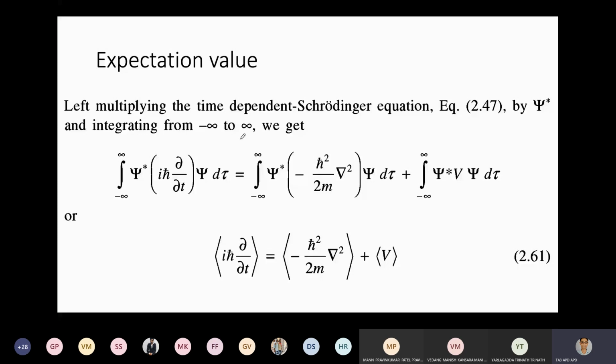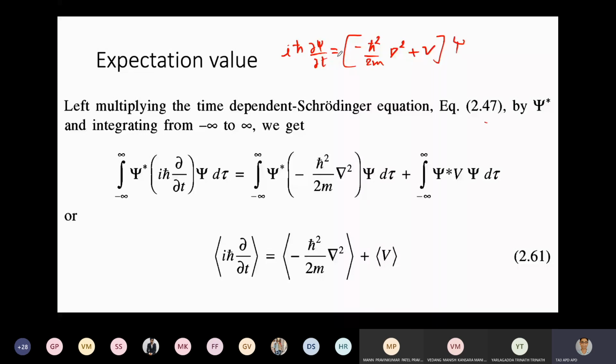Now it is talking about the 2.47. Now what is that 2.47? So let me just write down simply, we don't have to go back to changing slides. The equation 2.47 that we wrote at the start, that is simply i h bar del psi by del t, your Schrodinger equation, equals minus h bar square upon 2m into the operator del square plus V, into function psi. Okay, so this is equation 2.47.